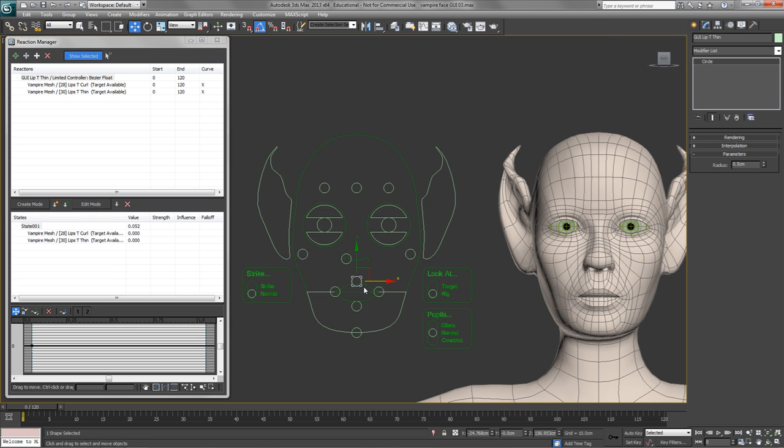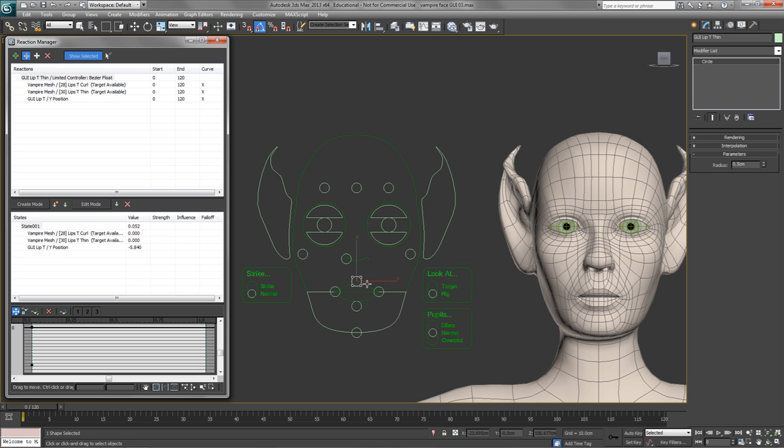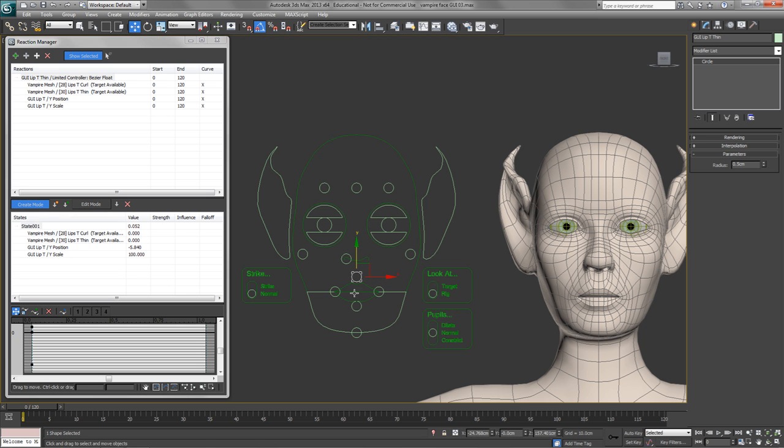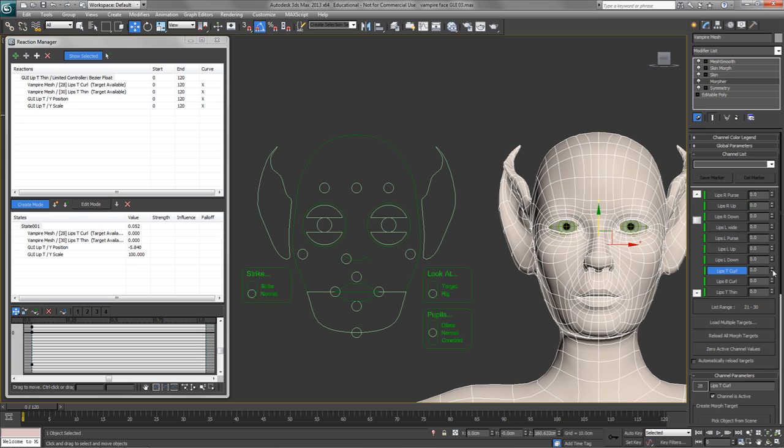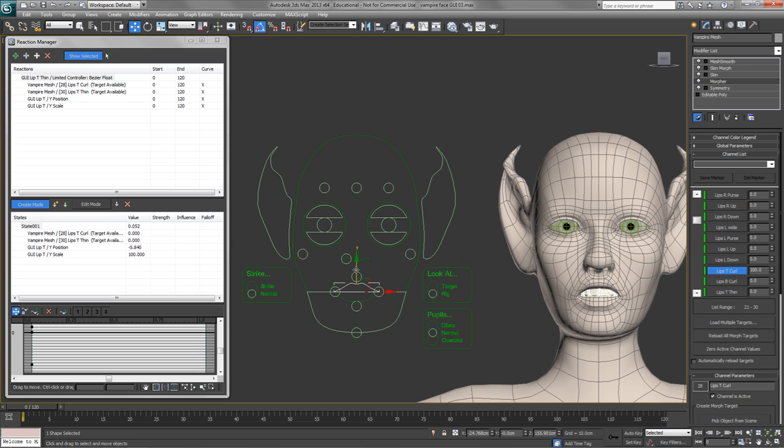The other slaves though are going to be the Y scale of this and the Y position of this. So add another slave, choose the lip shape, transform position, Y position, and then add another slave and choose the lip shape again, transform scale, Y scale. And then it's just a case of setting it up in the same way. So I'll move that up. I will go to the morph targets, top curl, there we go. Curl that up, and then I will come to here and I will move this up to there